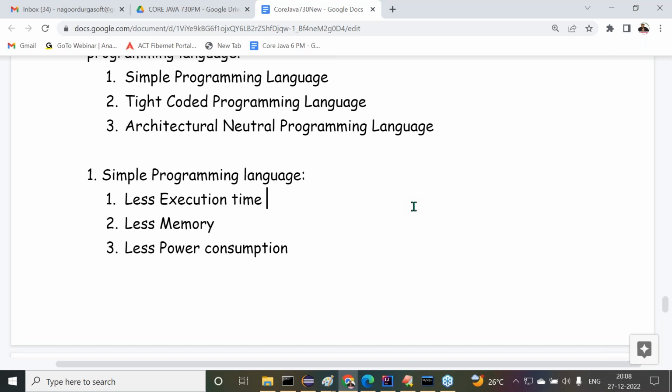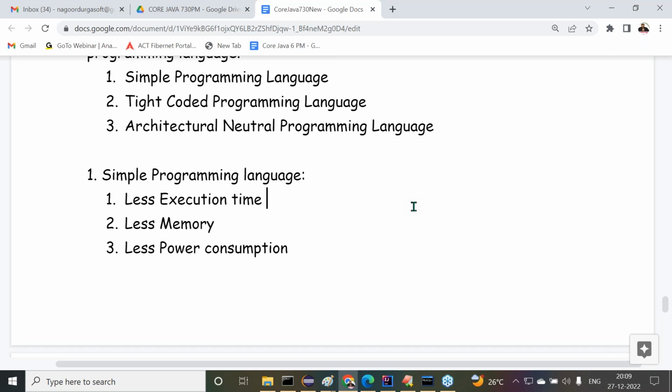Not executed immediately, not changing the channel immediately. It has taken some time internally. Automatically, what happened there? The product performance is reduced or not? It means a program is available inside the remote controller. When I type some number, the program is executed with a bit of delay. The program is executing with more execution time. Because of this more execution time, the product performance is reduced. Got my point or not?